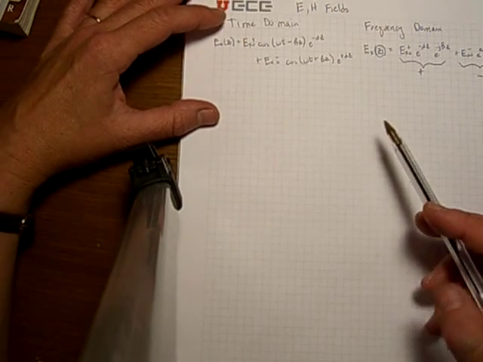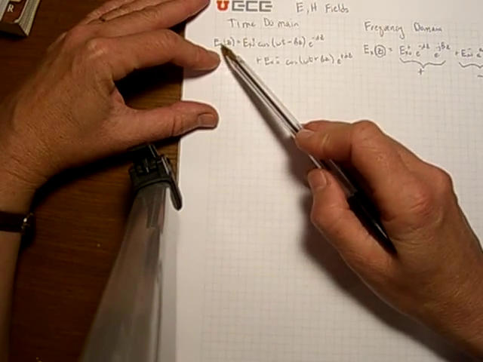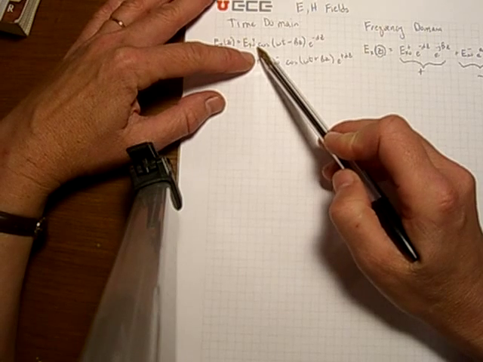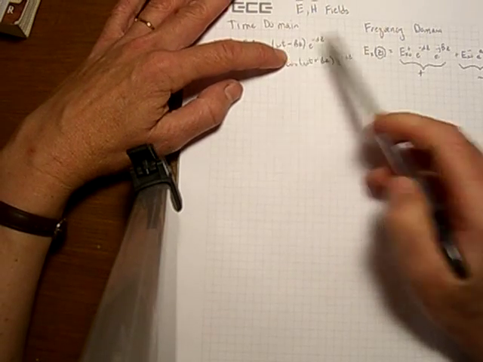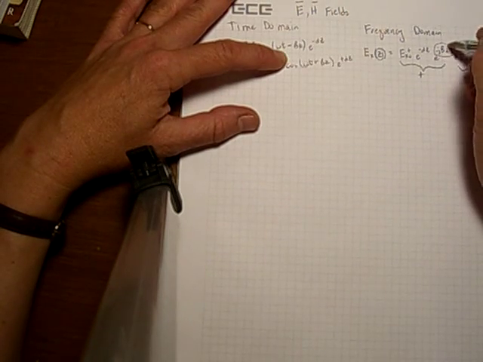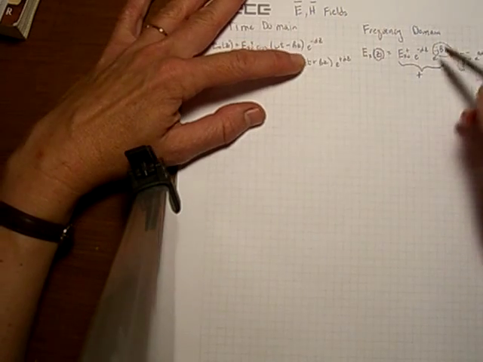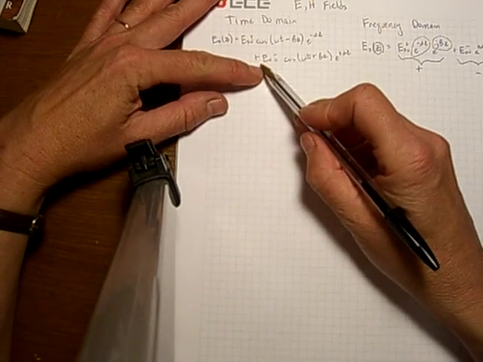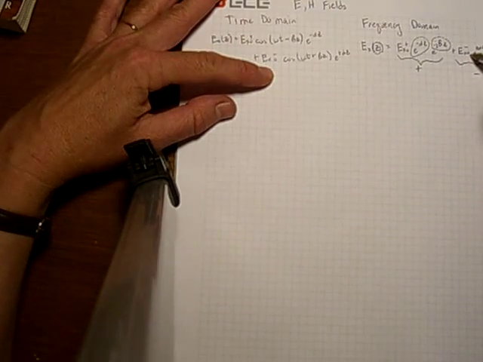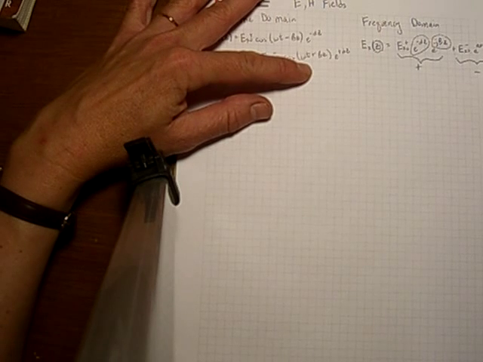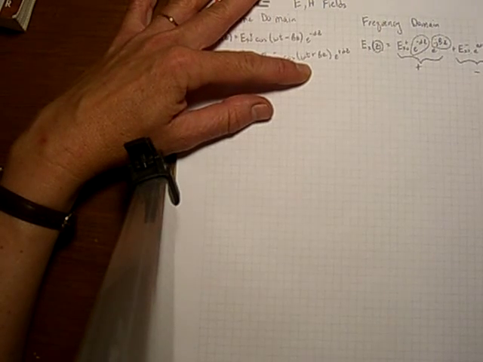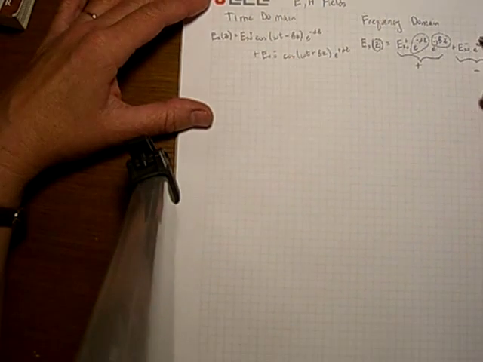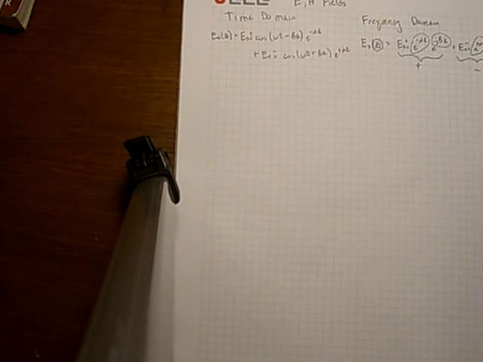If we wanted to write the time domain form of that, we would have Ex of z is the magnitude times cosine of omega t minus beta z, times this term, which changes the magnitude. On this side, it's going to be plus Ex0 minus, that's the reflected field, cosine of omega t plus beta z, multiplied by e to the plus alpha z.